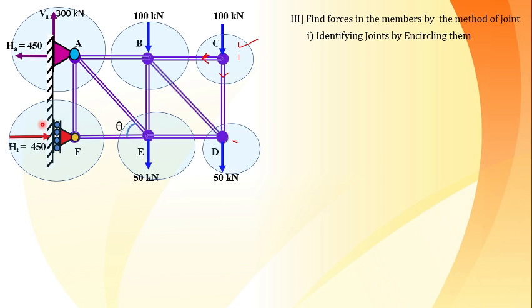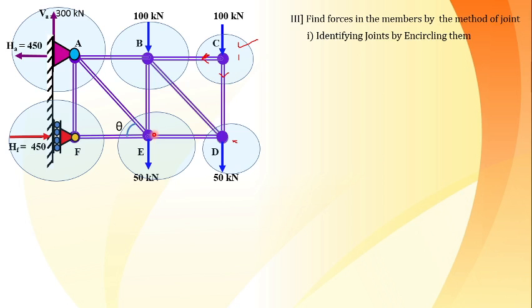At joint F, there are only 2 members, AF and FE. AF and FE are the only 2 members. So this is another ideal joint to start with the analysis. So first is joint C, second is joint F. In F as well as in C, there are only 2 unknowns. I cannot start with this because 3 members are meeting here. I cannot start with this initially because there are 4 members meeting. So I concluded from this knowledge that there are right now only 2 joints with which I can proceed with the analysis, that is joint C and joint F.